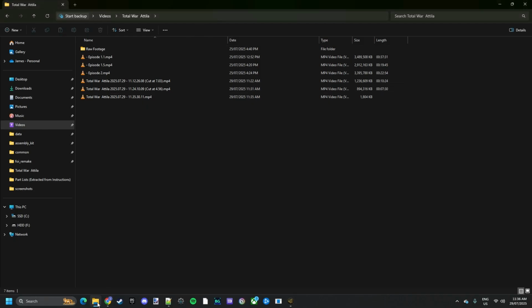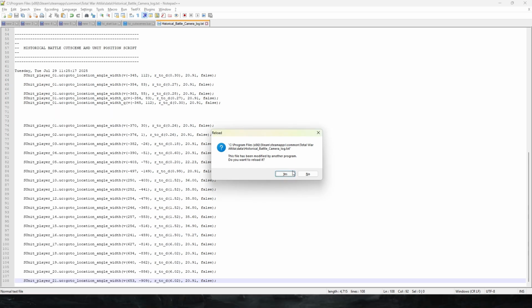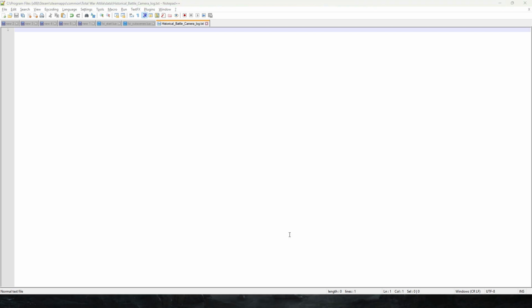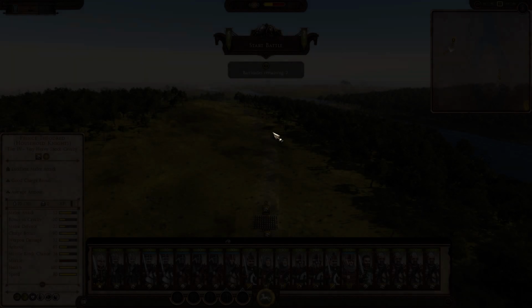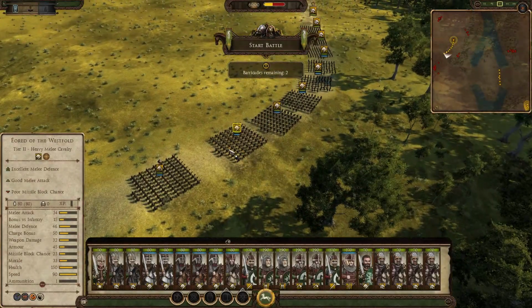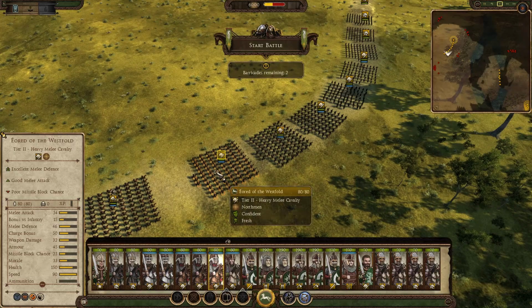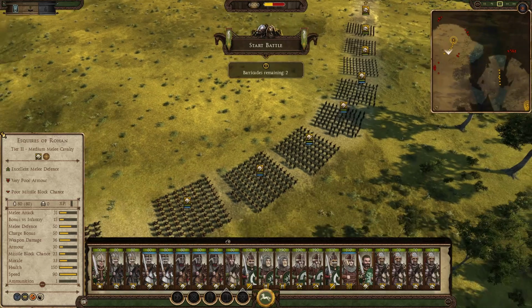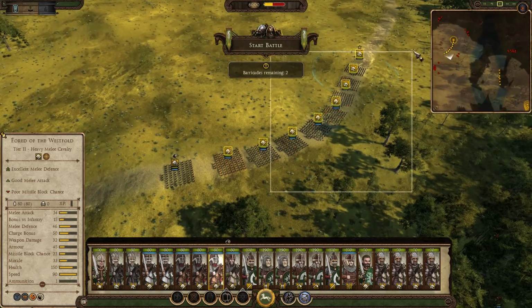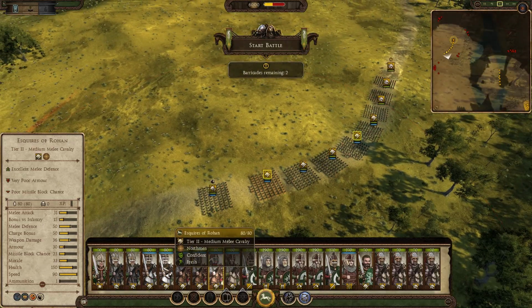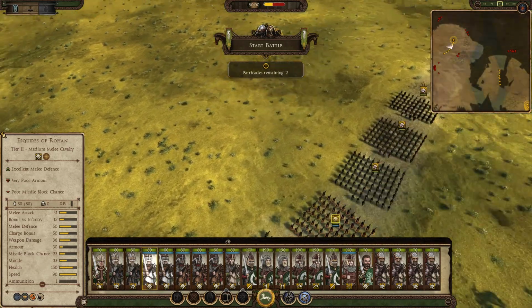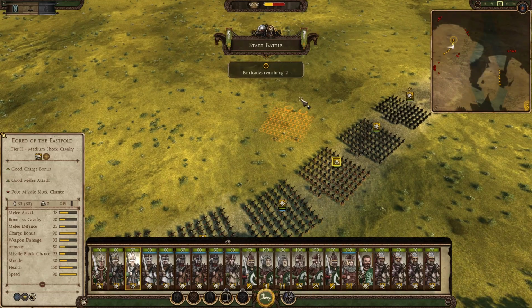We're going to go to our historical battle camera log, and we're just going to wipe this clear and save it. And let's say that we want this unit to go to here, to here, to here, and to here. So we've got, this is unit 8, and we want him to go here. Then we want him to go there, and then let's say we want him to go here,